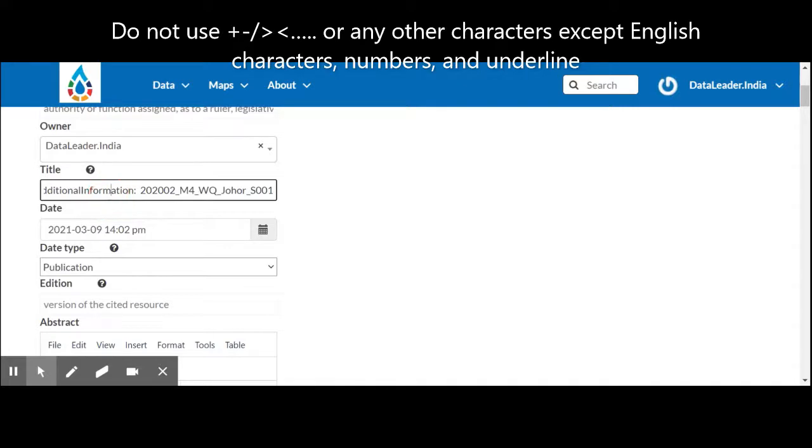You have the collection date, research activity ID, types, for example water quality, water quantity, flood, health, whatever you have, you can write it here, the basin name, and then additional information if you have, like a versioning of your data or something like that. The name of the layers is exactly what we explained in the primary